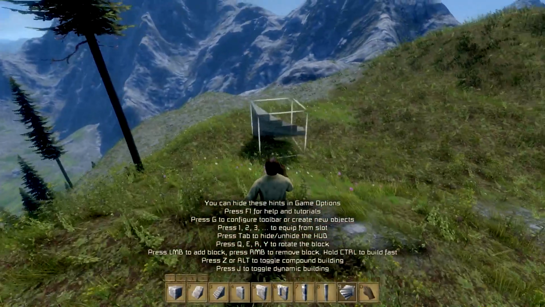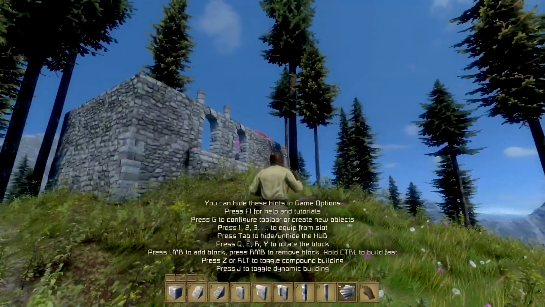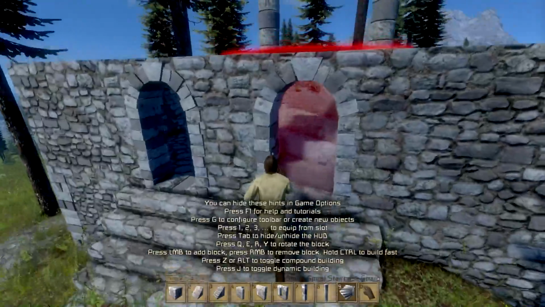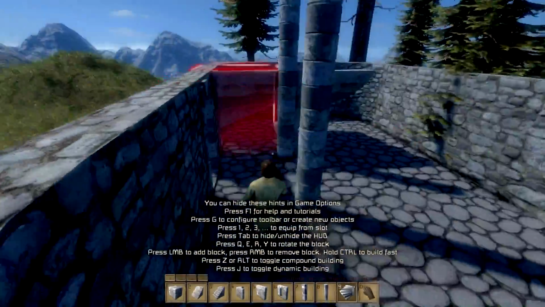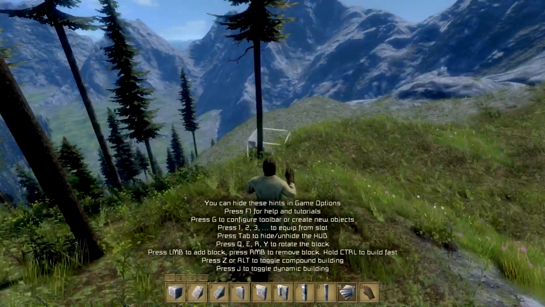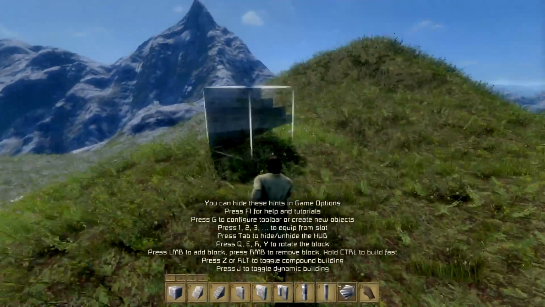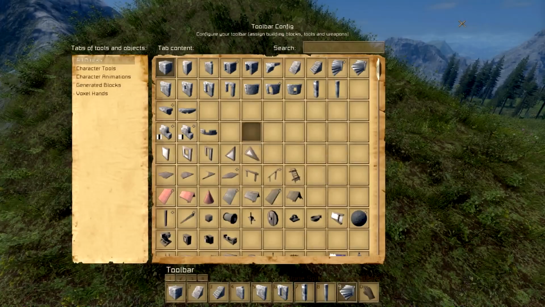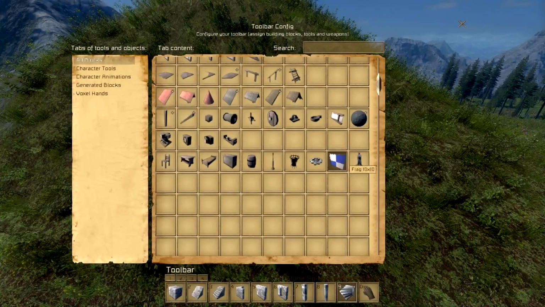Okay, so let's just say that that's the house, and it's not finished. It definitely isn't, but yet again, this is only a first impression. So yeah, that was kind of the building function in the game. Let's go ahead and take a look at destroying buildings, because I think that would be